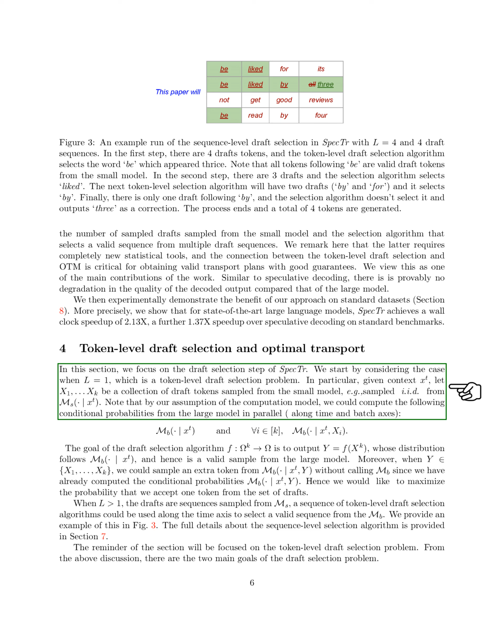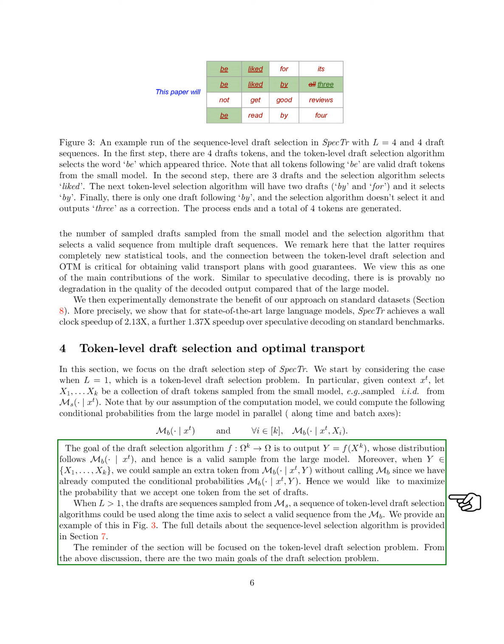We then delve into the draft selection step of SpecTr, focusing on the case when L equals 1, which is a token-level draft selection problem. Given a context, we consider a collection of draft tokens sampled from the small model. We aim to output a token whose distribution follows that of the large model, and hence is a valid sample from the large model. We also aim to maximize the probability that we accept one token from the set of